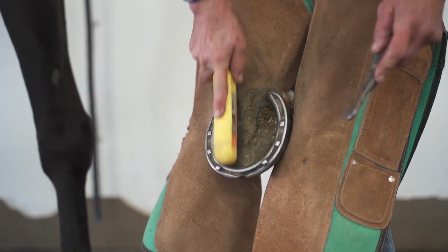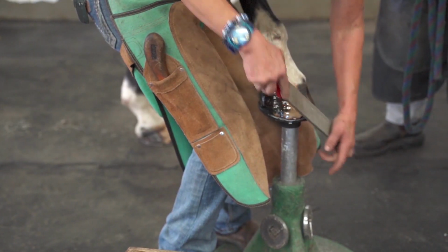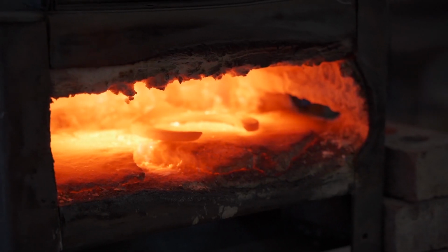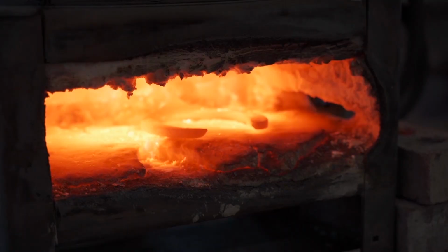Most people don't know what a farrier is. A farrier is the horse mechanic, the person that takes care of the horse's hoof needs. So we take care of trimming the horse's hooves and providing them with whatever footwear they're going to need. Traditionally that has been a steel shoe, and today it could be anything from a steel shoe to a plastic